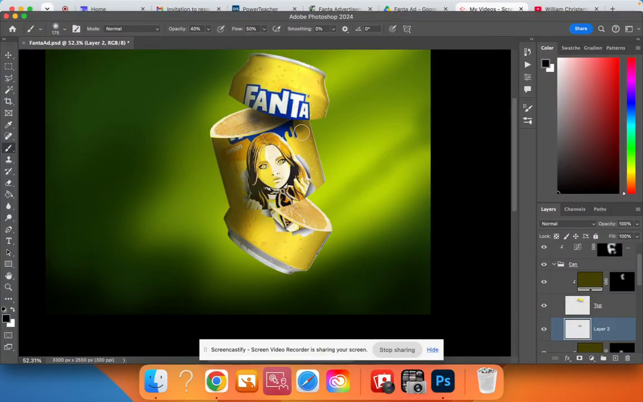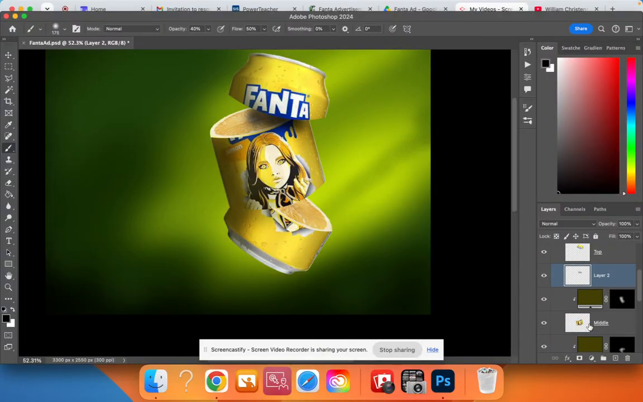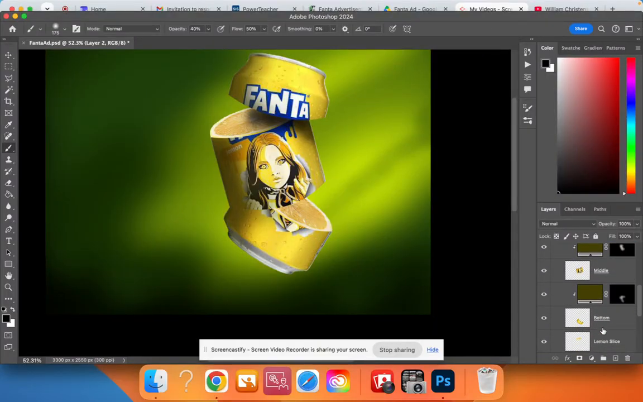So right here, if we get close to this edge of the can, what we can do is hold Command, click on the thumbnail of the middle section so we're not painting beyond that, and then we don't run into that issue. Then you can hit Command D when you're done with that. And then we can do that same thing right underneath here too. So underneath the middle section, but above